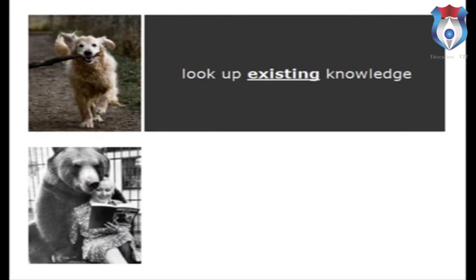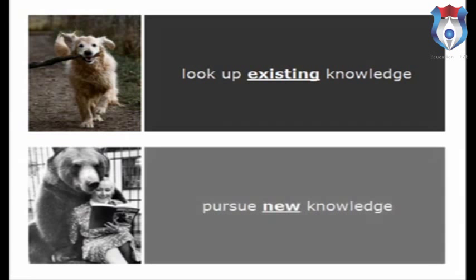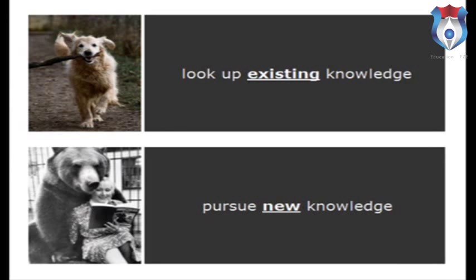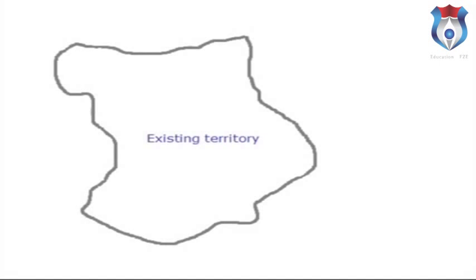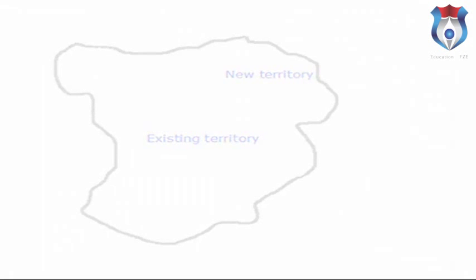The underlying reason why information retrievers and researchers are different is that information retrievers look up existing knowledge, what we already know, while researchers pursue new knowledge, what we would like to know. That's the key difference. Let's illustrate this. This map shows the territory that an army has control over in an armed conflict. The army's goal is to expand the territory under its control and add new territory. To do that, the soldiers have to be positioned at the front, not in the interior.